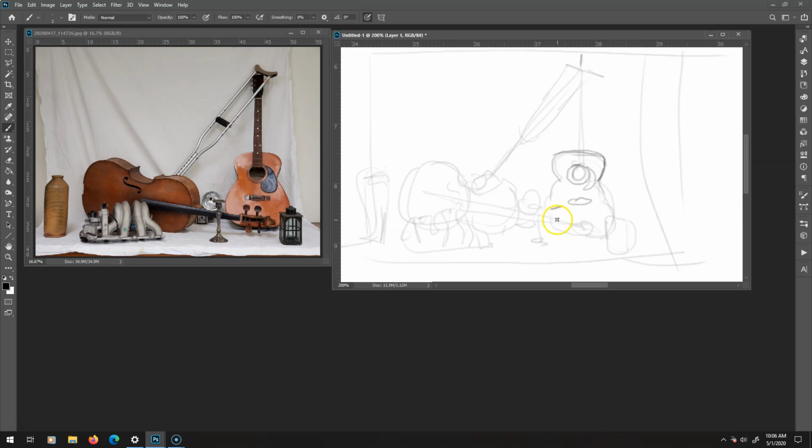I want to be able to do this quick. I did this drawing in about a minute or so, and then I would just spend no more than 10 minutes refining it. So as I'm going now, I'm going to go and check myself. I think it's pretty well